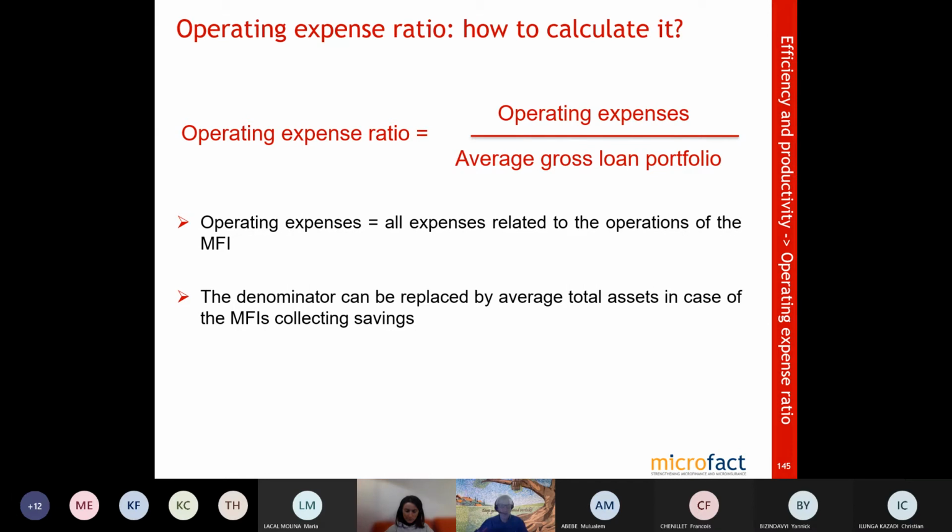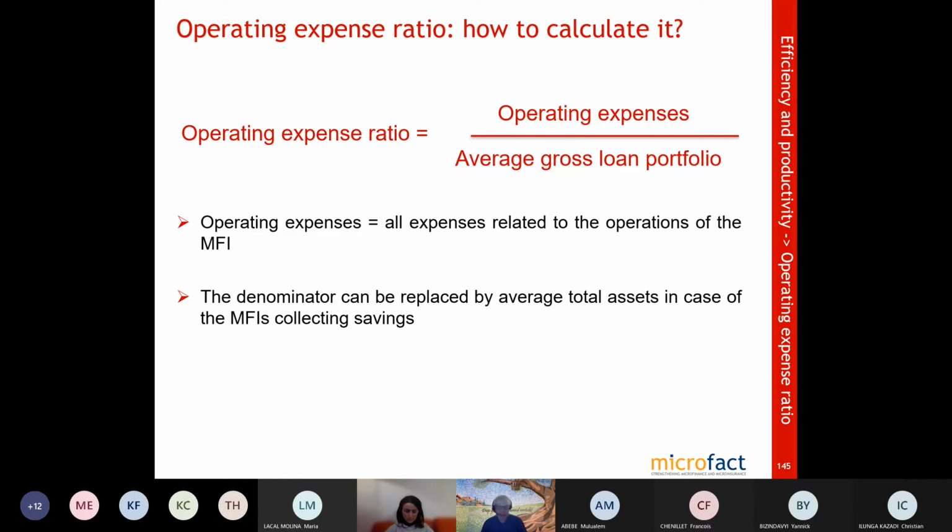We always talked about the average gross loan portfolio, because this makes most sense, because all your operations are linked to your gross loan portfolio. It's the portfolio that provides you as an organization your most important source of income. So therefore, we have chosen in the microfinance sector the average gross loan portfolio as